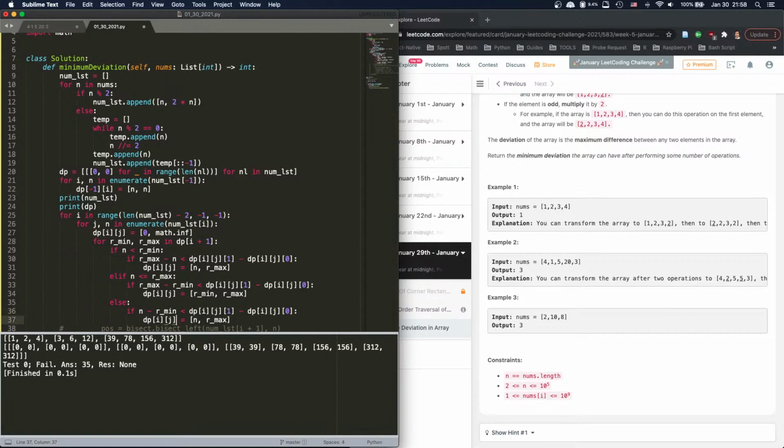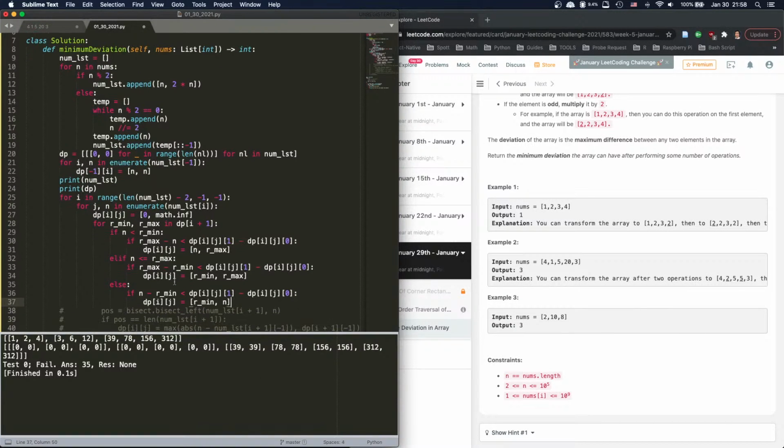Then r max equals r min, and this one will be 10. Right, so for each value in this pair, I'm going to put myself inside, and then we're going to find out